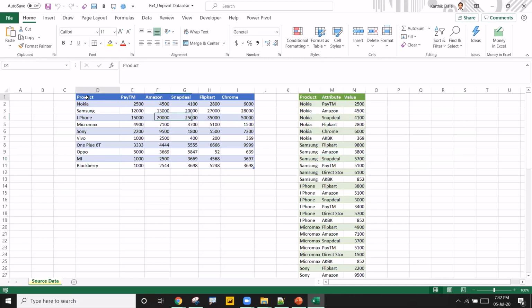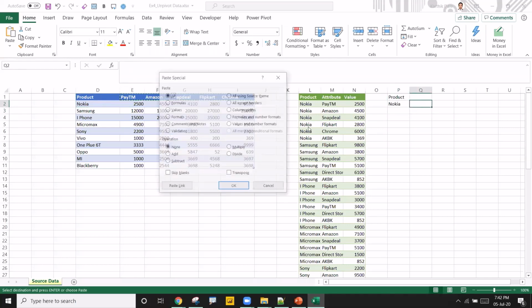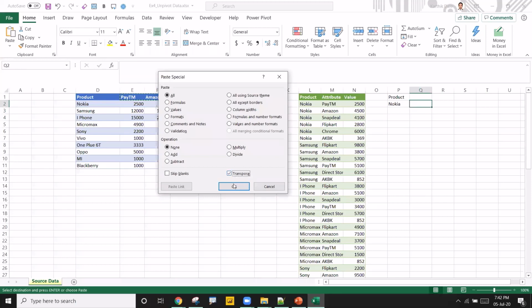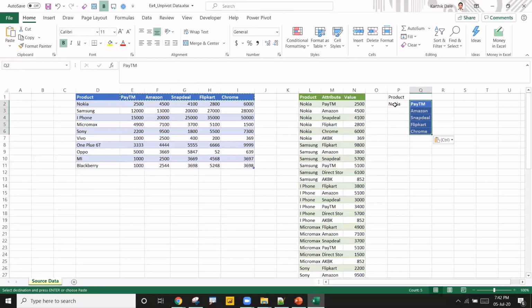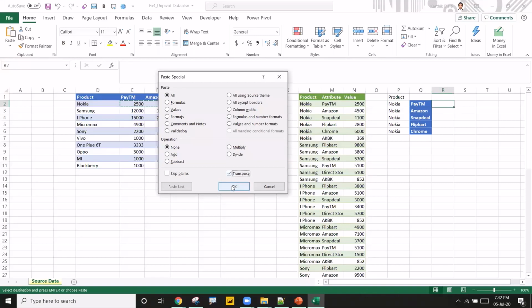You see this, first I'll take a copy of it, I'll paste it here manually, paste special values. After that, I'm taking a copy of these headers, copy it, I'll go back here, Alt ES, paste special transpose. Okay, all the transpose it is. This Nokia needs to be dragged down, and the sales you will copy now. Control C, come here, paste special, transpose, click OK.